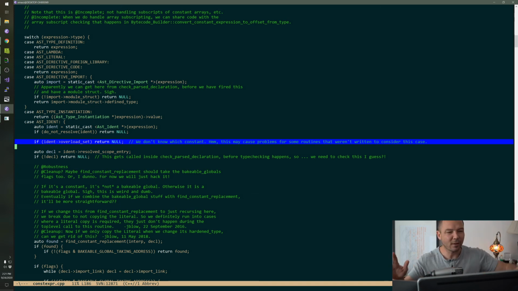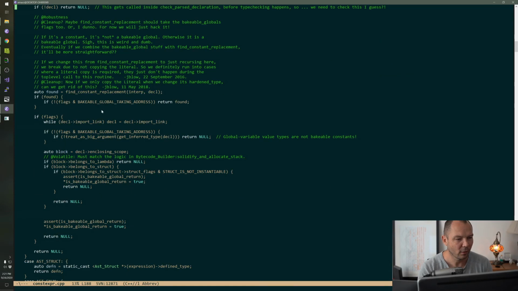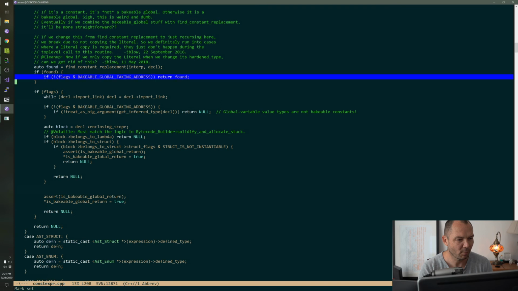I didn't want to get into that. So overloads are kind of not constant right now. That might come to bite me in the ass later, but it is what it is. If an identifier is bound to something, then we say, what is it bound to? Again, I forget what this bakeable global thing is.